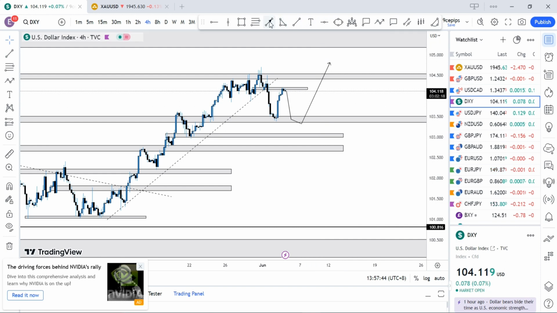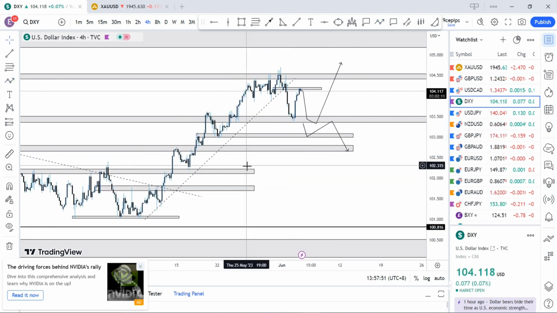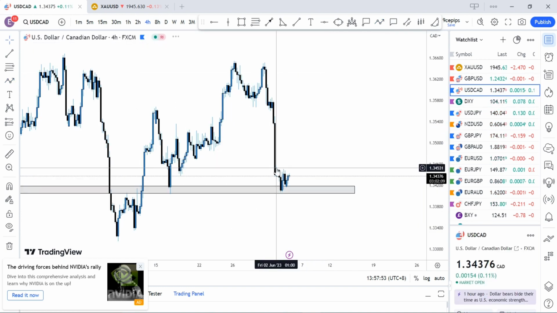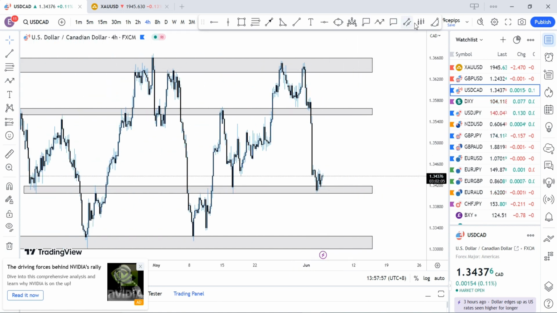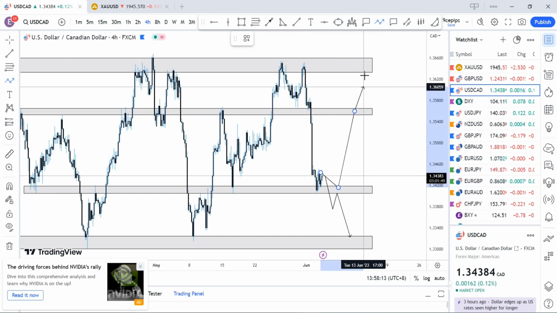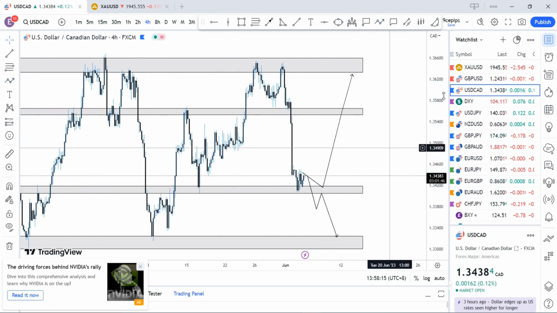Other than that, if we break below these regions here this week, then we might just get a retest and then probably come to the downside. All right, so that's that on DXY. And if that happens, I'm just going to watch USDCAD. On USDCAD, my principal bias is simple. We might just continue to the downside, to these regions, or we could just create some strong momentum around here, and then we'll continue to the upside. All right, so that's basically that for the week.